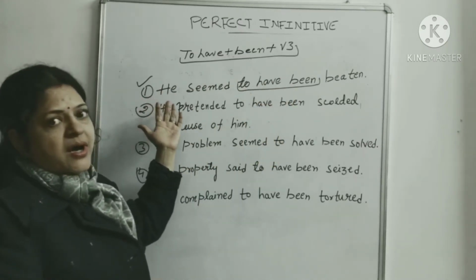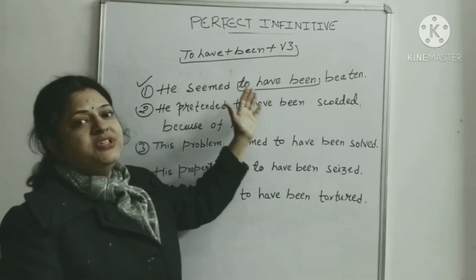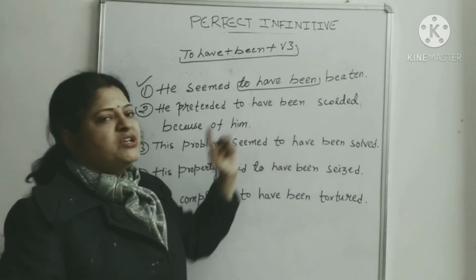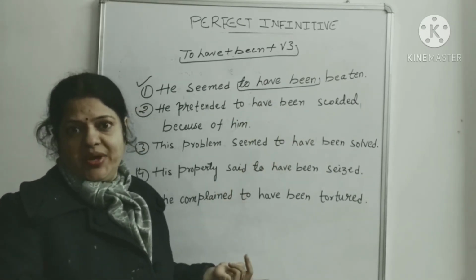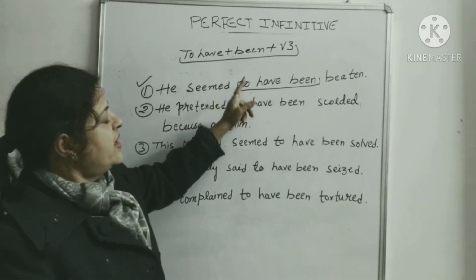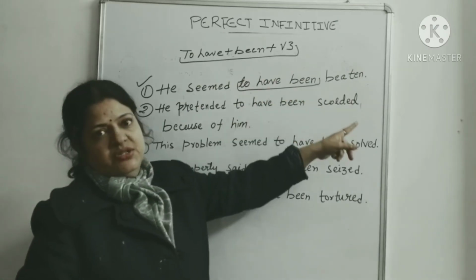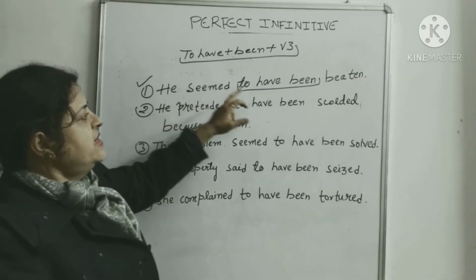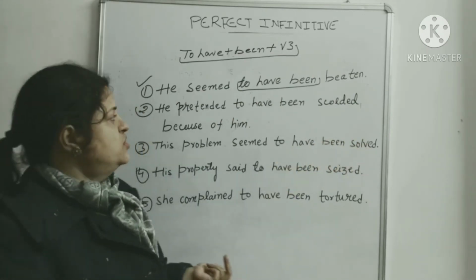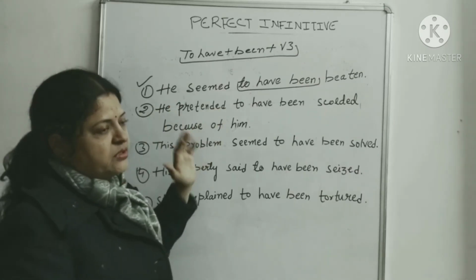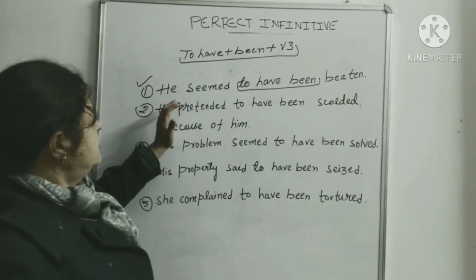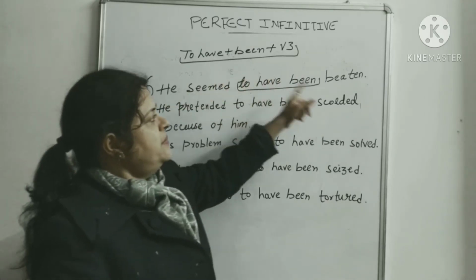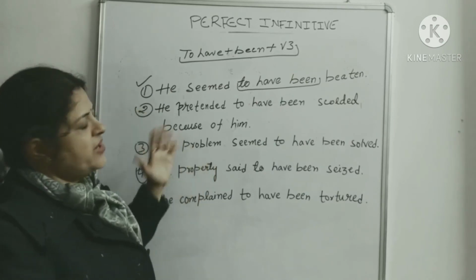मतलब क्या इसका मतलब ये हुआ, अर्थ ये हुआ कि ऐसा प्रतीत होता है कि उसे पीटा गया है। This is the passive voice. Okay, he seemed to have been beaten, but actually we don't know who is the doer of this action. हमें नहीं पता कि किसने पीटा है, लेकिन उसे पीटा गया है। Understand? We don't know who has done this. So this sentence can be written like this, that it seemed that he had been beaten. इसको हम इस तरह भी लिख सकते हैं, past perfect tense में, है ना। तो he seemed to have been beaten, ये सेंटेंस है आपका पैसिव वॉइस का परफेक्ट इन्फिनिटिव।